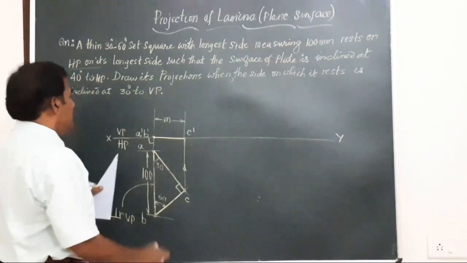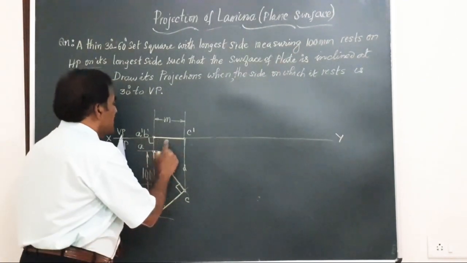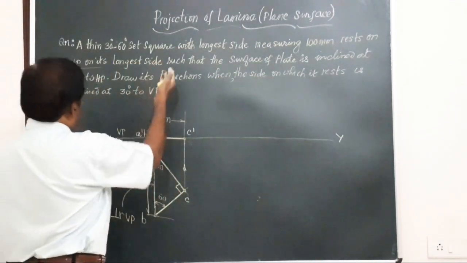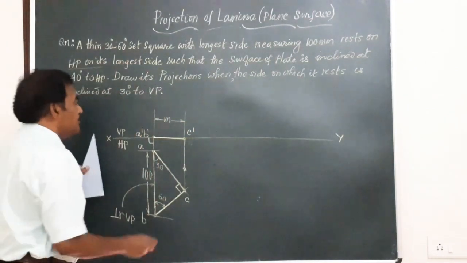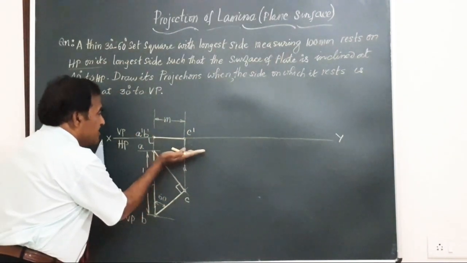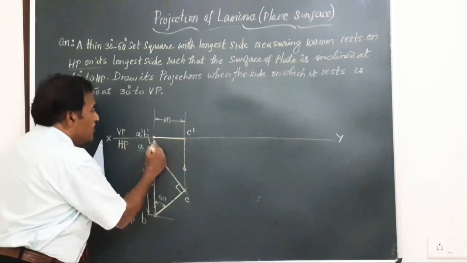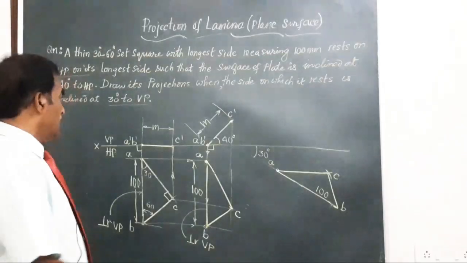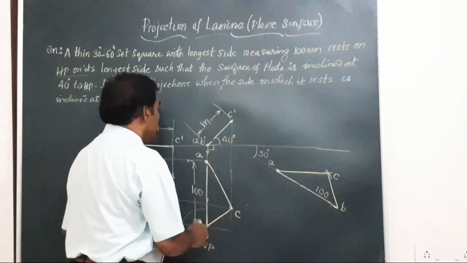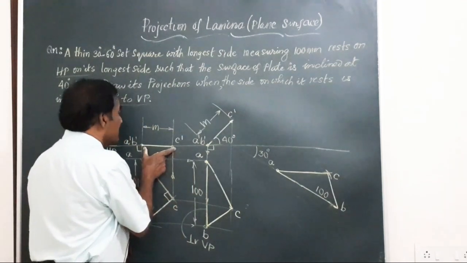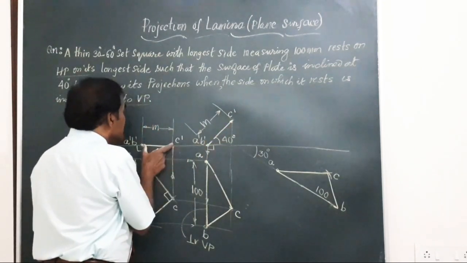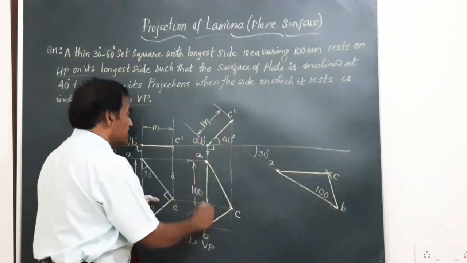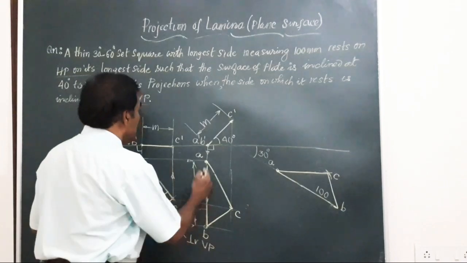So friends, when you look at the board, this line represents the front view of that plane, that is the 60 set square. Now this is in contact with the XY or HP. Now it is making 0 degrees with the XY. It has to be at an angle of 40 degrees to HP. So I am going to redraw this front view on a line here having length equal to m, inclined at an angle of 40 degrees to HP, and obtain the corresponding top view by following the procedure like this.